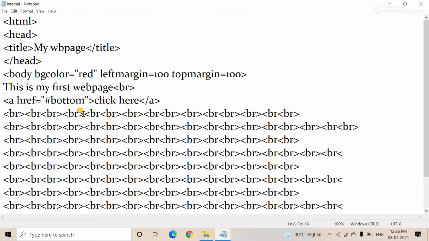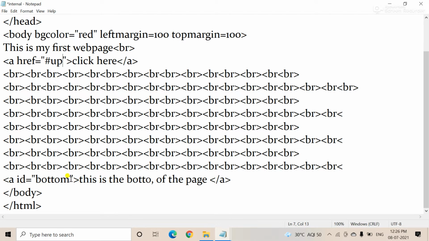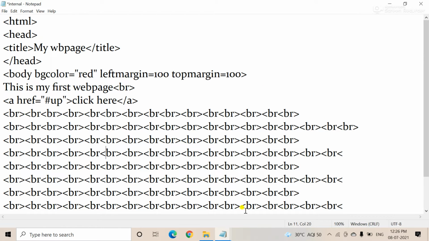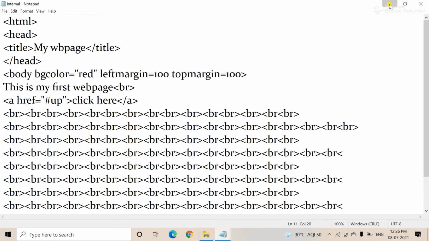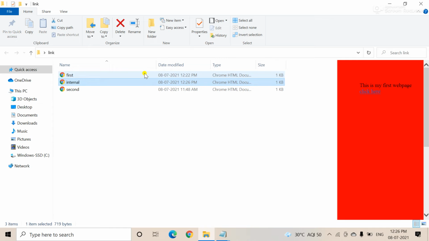Suppose I am writing. I am changing here top and down, up. Suppose it is up, and see the next one is the support down. See, up, down, right? Otherwise, okay. See, and again I am showing you. Just see the program. Is there any changes in there? See, just double click.